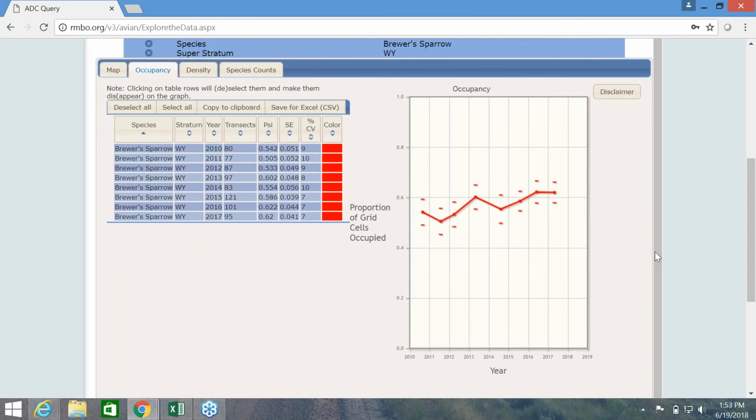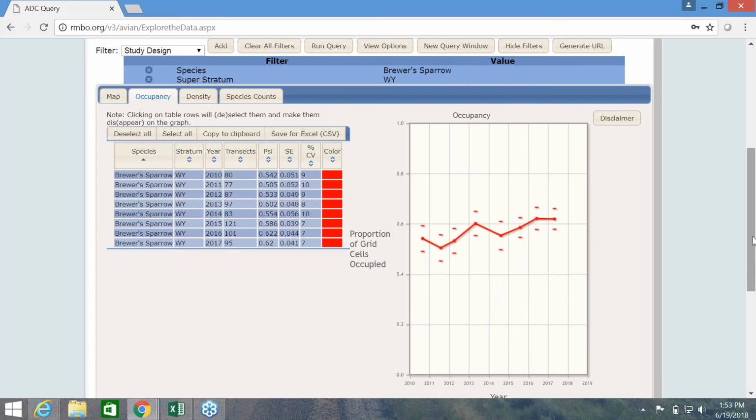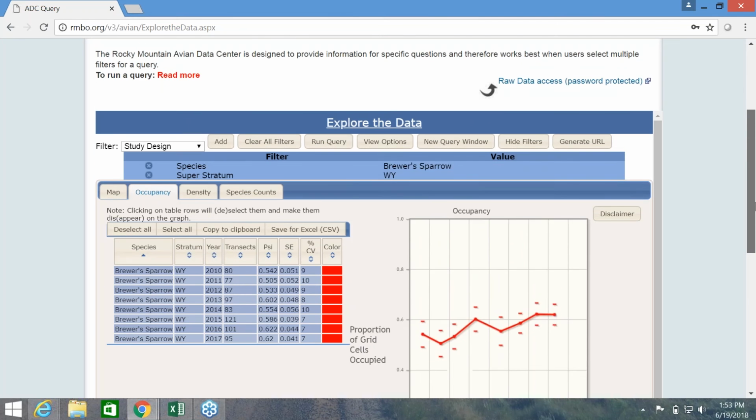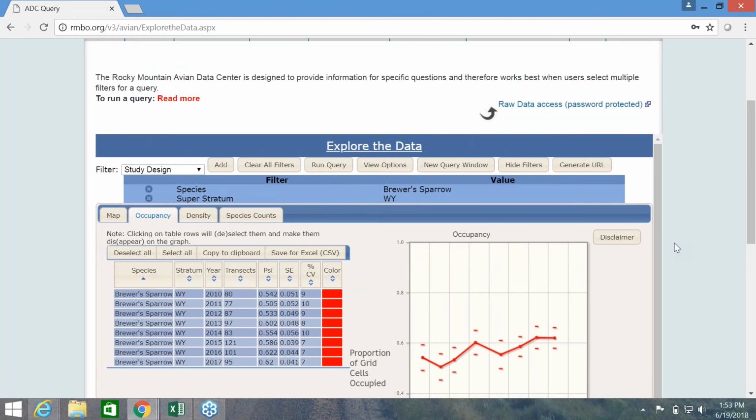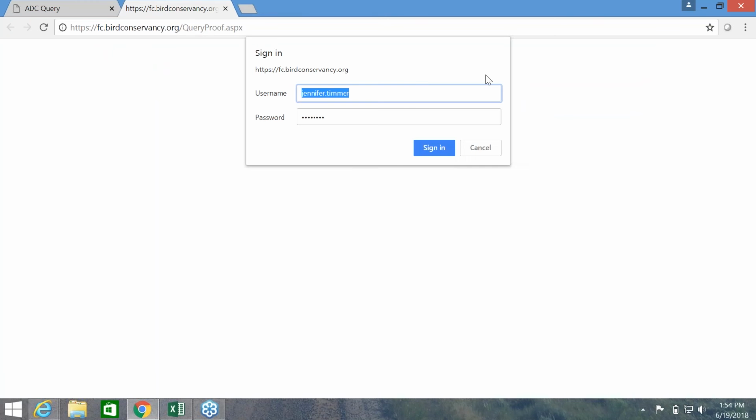Okay, another feature I want to highlight on the data center. Up here in the upper right, you see this raw data access. If you click on that, if you were set up with the username and password, you could enter it there, and that's going to give you access to the raw database. That will give you coordinates for survey locations. It's going to give you the raw bird data with all of the distances and the cluster size. It's also going to give you all the vegetation data that are collected at each survey